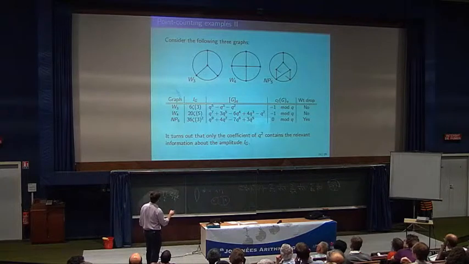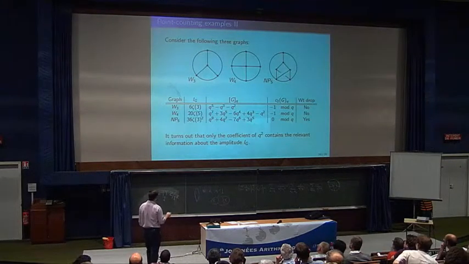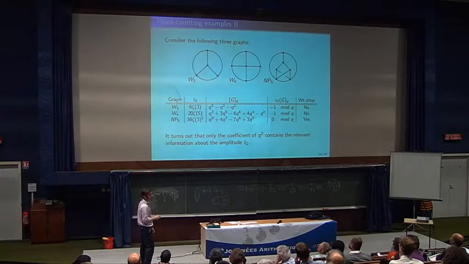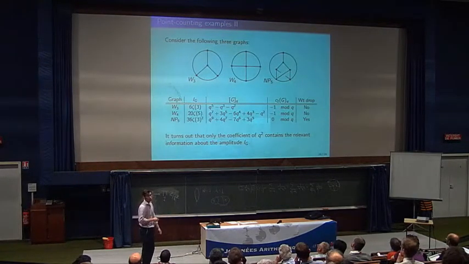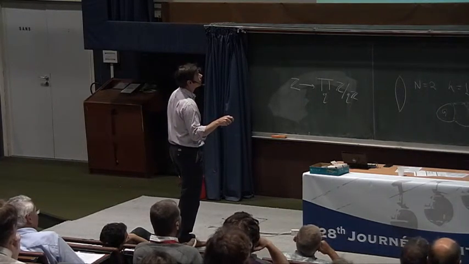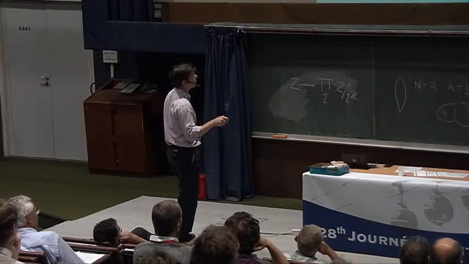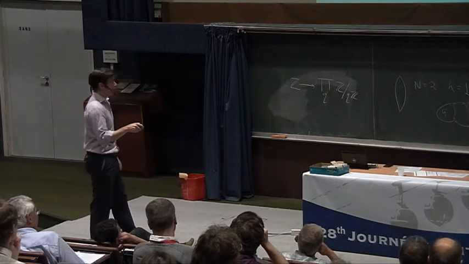Going back to the first three examples we had before, you see that the point counting functions are all divisible by q squared, as they should be. So to get the C2 invariant, I just take the coefficient of q squared here, which is -1, and the C2 in each component is just -1 taken mod q. And same for the next graph, we get -1 mod q, but for this non-planar graph, it's actually divisible by q to the 5, so the coefficient of q squared is 0, it vanishes,